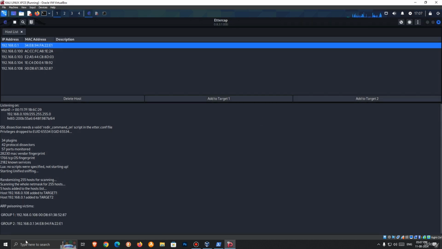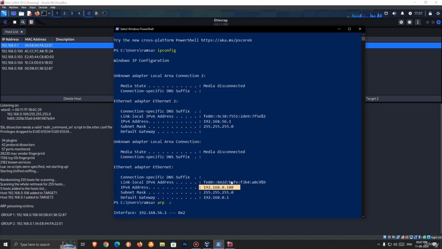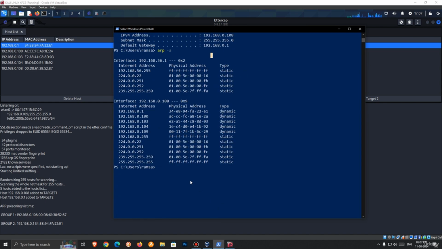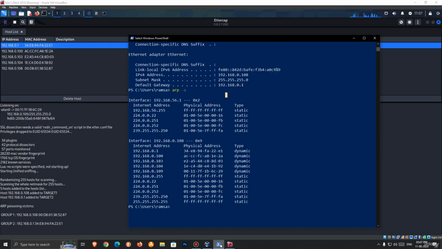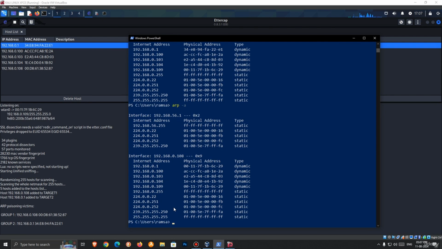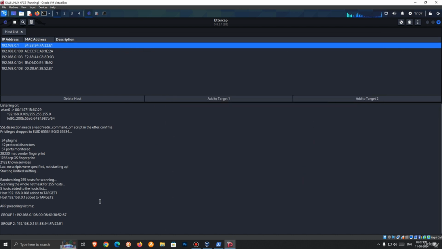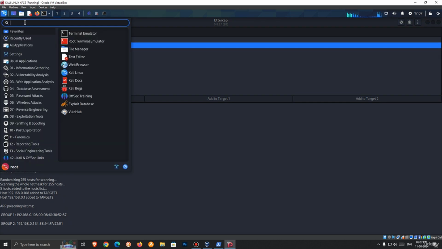Once you hit OK, it just starts the MITM attack. So go ahead to your PowerShell on your Windows host machine and check if we have changed the MAC address and we are in the middle of the router. So yeah, we have our MAC address right here, which is 6C29, which we remembered by the last 4 digits. So whichever traffic we search for in the machine, we can take a look at the traffic and we